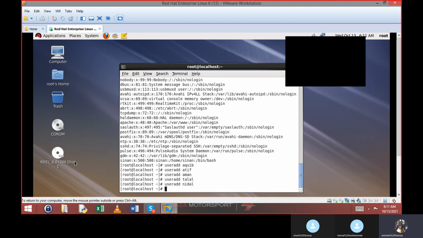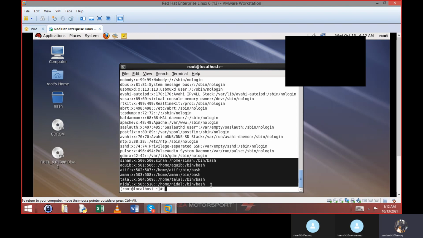Now let's just see if I type here cat /etc/passwd. What is happening here? Okay, fine, Sinan user. Also with the Sinan user, we got these many users. But the thing is that only Sinan has the password. Nobody has the password here. Getting my point? How do we know that only Sinan has the password? The rest of the people, we just created the users only for these people.